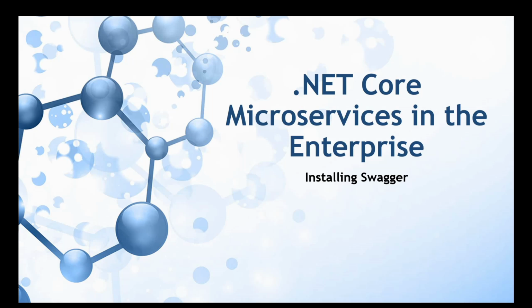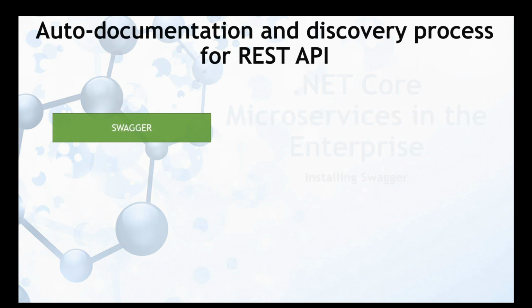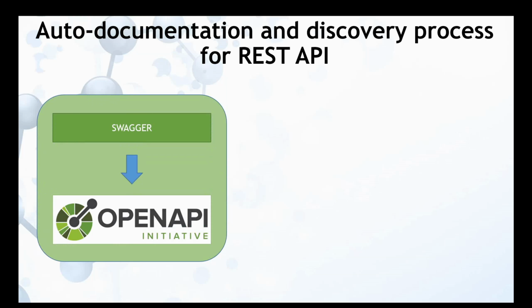In this presentation, we will explain how to install a basic Swagger in a standard Core 3.1 template. Swagger is the most current and easy package to get a documentation and test environment for our web API. Swagger, renamed as Open API Initiative, allows us to create an online documentation for our API using the same comments